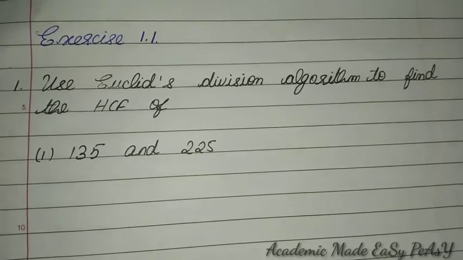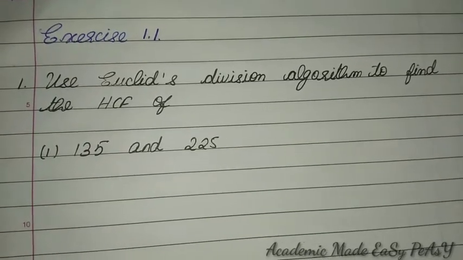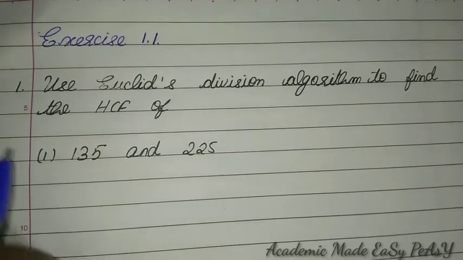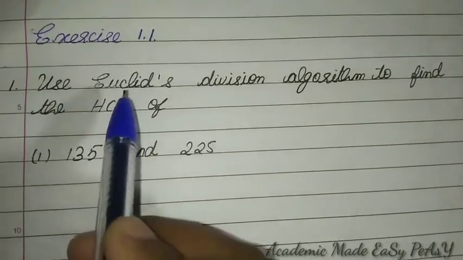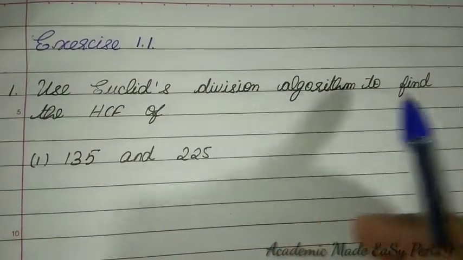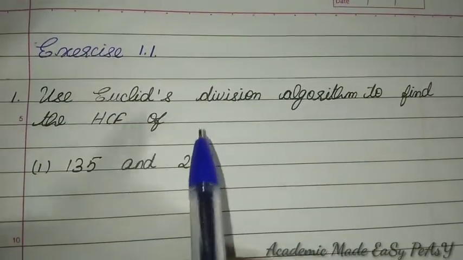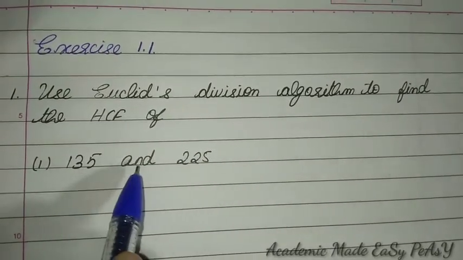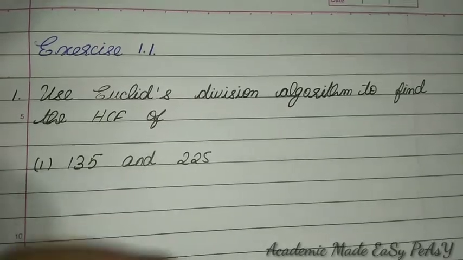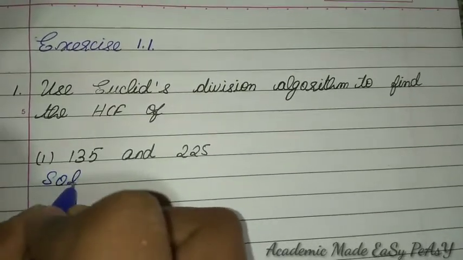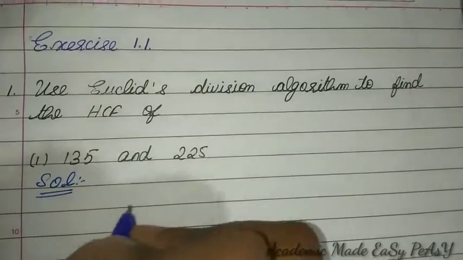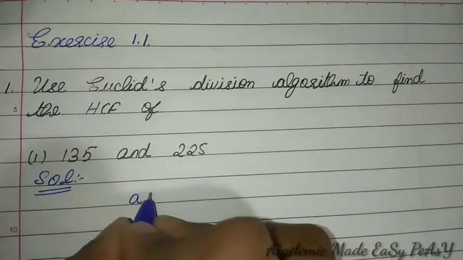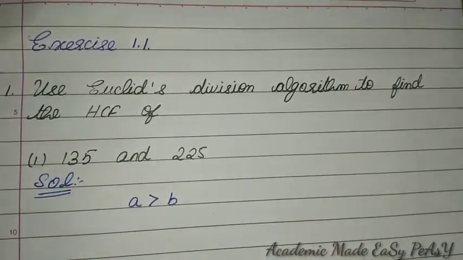In this video, I'll teach you exercise 1.1. First question, use Euclid's division algorithm to find the HCF of first subdivision, 135 and 225. Solution. So already I said that the value of A is always greater than the value of